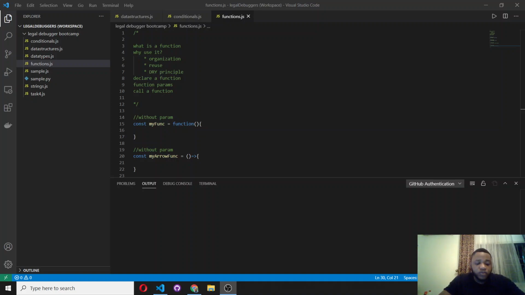Hi guys. Today we'll be talking about functions, why we would need them, and how to declare a function, function parameters, and how to call a function. So basically, over time, I've been talking about calling methods and functions. I think I've made reference to them a couple of times, and it's one of the very important